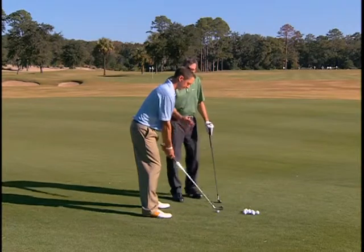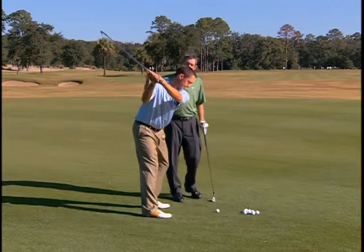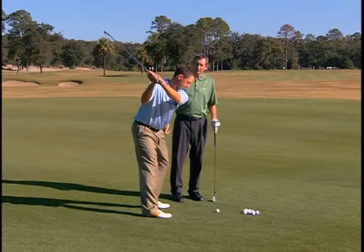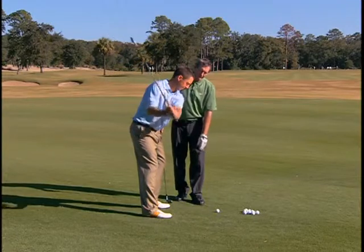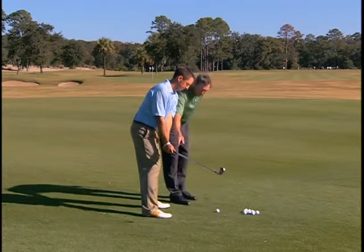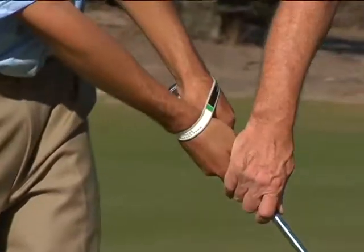So he takes it back that way, and at the top of the swing, you're going to notice that his club is pointed a little bit more to the left. Now what this does is it allows him to get the golf club to come down in front of him, so now he can angle the plane a little bit off to the left here,